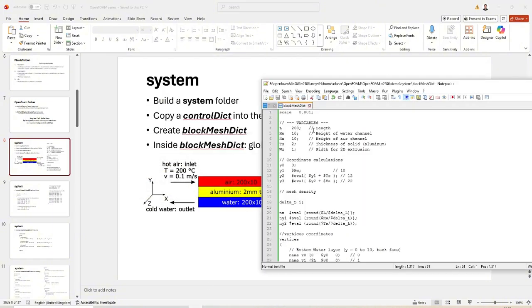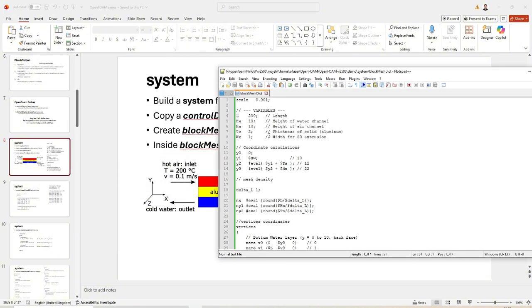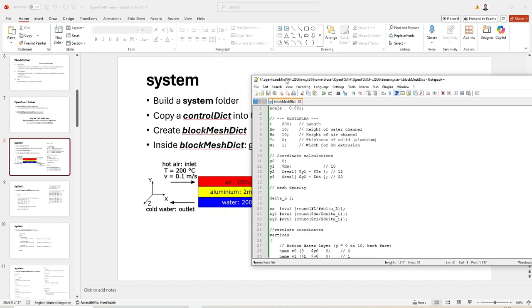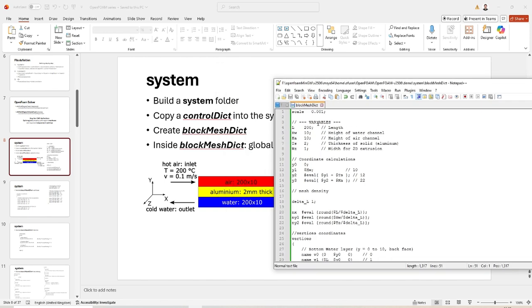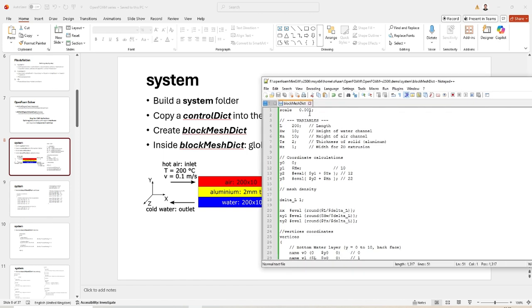So what I do here is I use some variables. I will try to use millimeters, right? 200, so I need to scale it down to 0.001, which means the unit I'm going to use is meter. That's also mainly accepted in OpenFOAM. So that is all. That is the length, that is the height of the water channel and the air channel, and the thickness